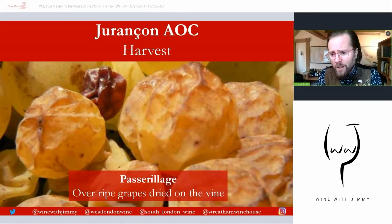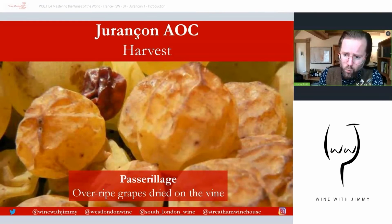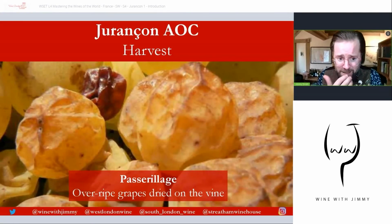So they are quite pricey, but very good value in comparison to botrytized wines, which are famously known in places like Bordeaux, for example. So well worth looking out. In fact, for those of you that work in the trade, Jurançon is a brilliant wine to put on by the glass. Not the sweetest ones, but just a generic Jurançon, because they will satisfy the needs of somebody who